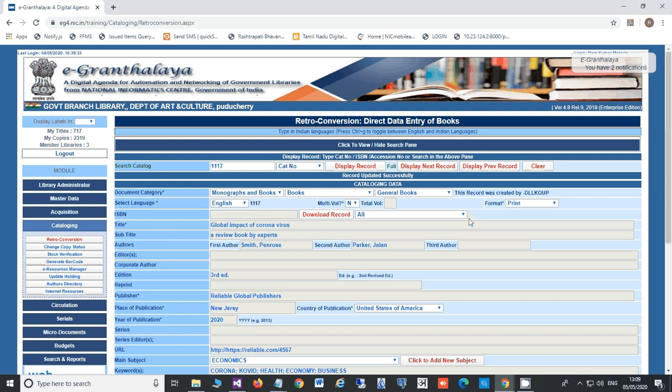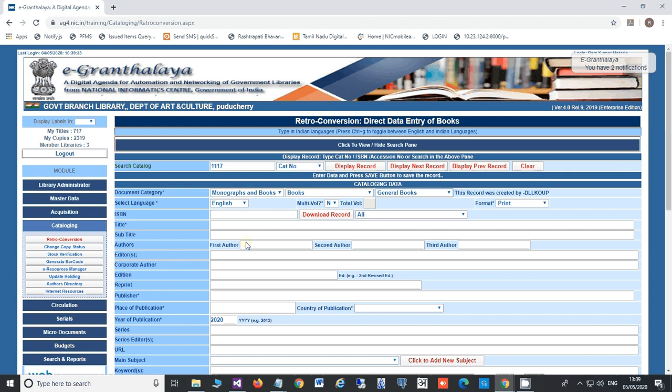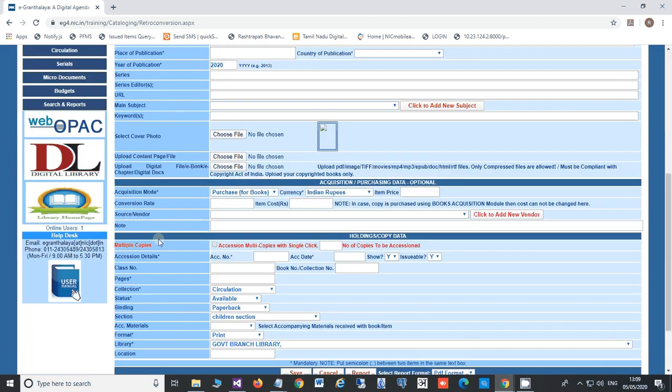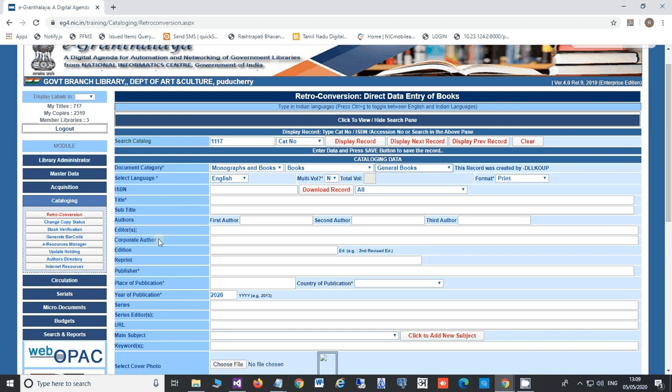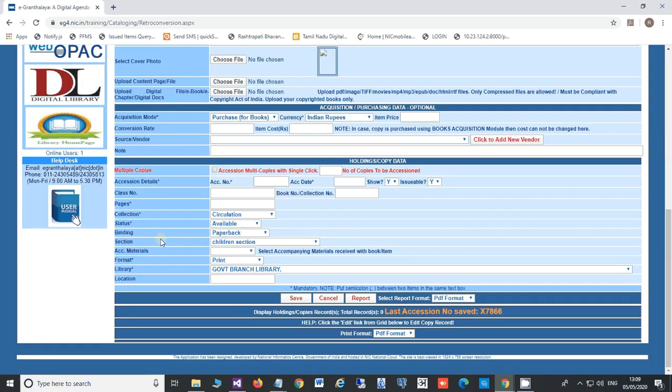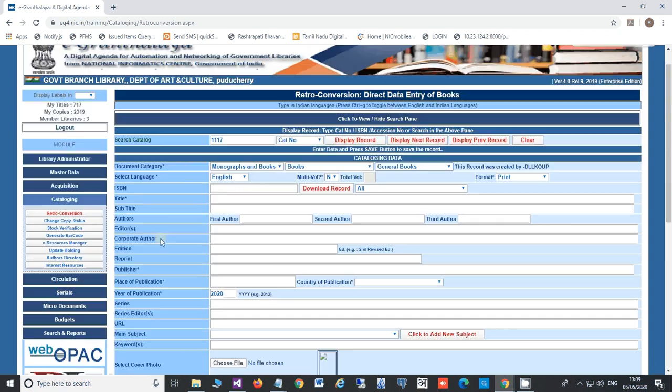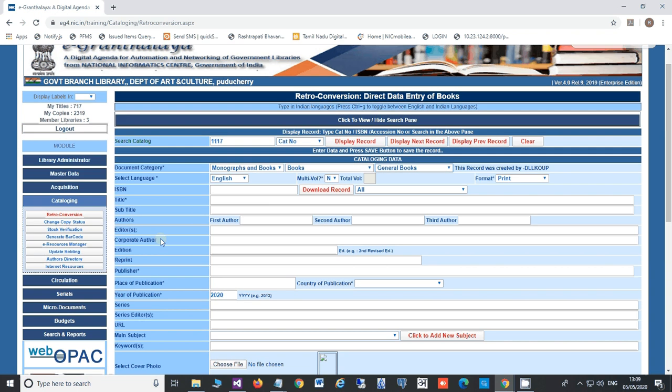So this is for auto conversion. Now for creating more records, or a record for a new book, you can press the clear button. It will clear everything, and space will be available for typing new data. So this auto conversion is very useful for creating the data with just minimum information, and all three kinds of information of any book can be saved.